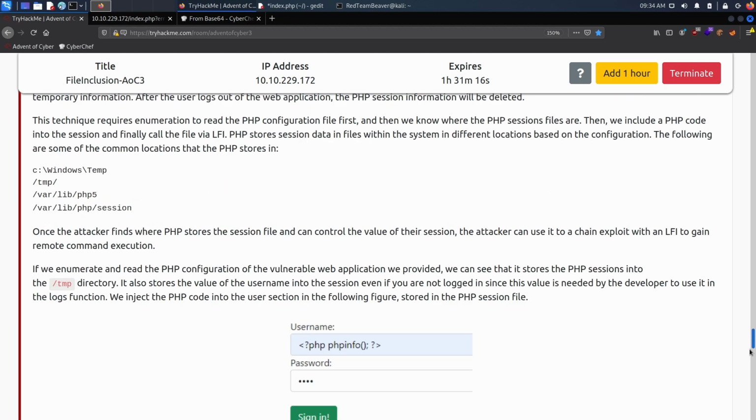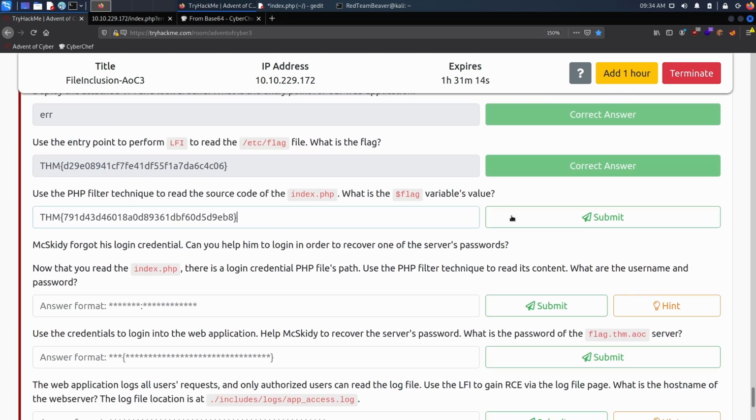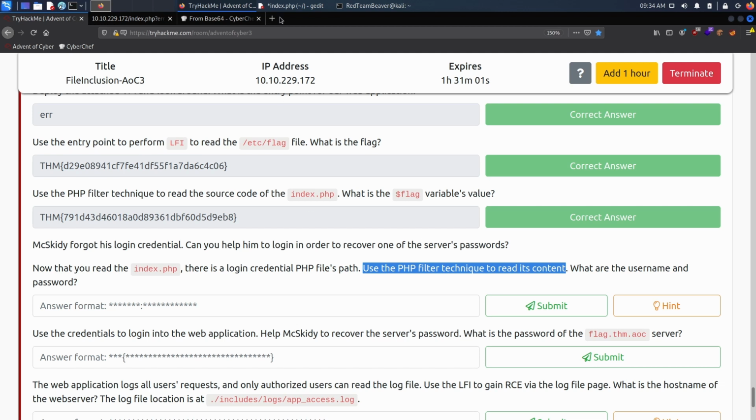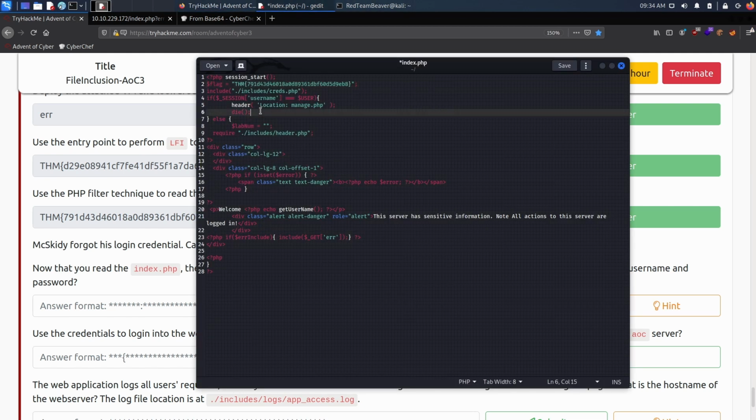So let's scroll down. Let's grab the flag. Alright, so what this is saying here is that now that we can read this, there's a login credential PHP file path inside of it, and use the PHP filter technique to read its content. So if we go back here, we can actually see right here in the include that it includes creds.php. So this is what we want. So let's grab this and